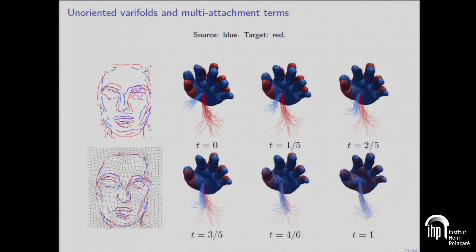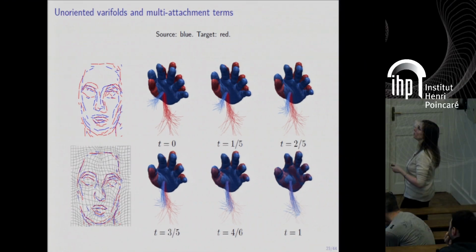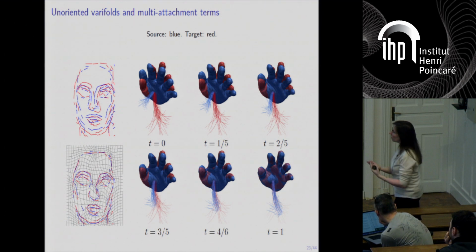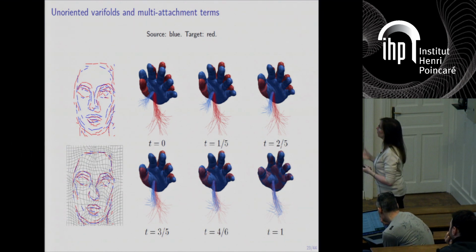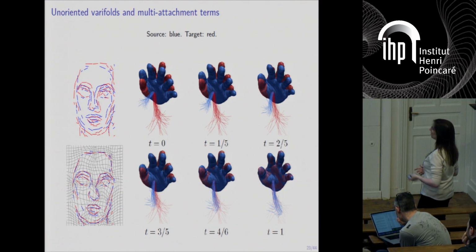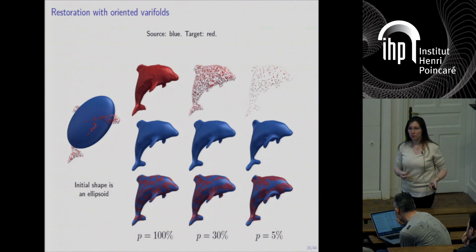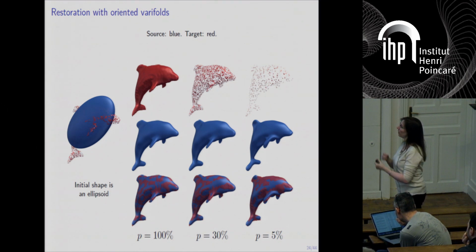So here you have another example to show you that you can manipulate in one deformation setting different types of data, so you have a surface and a curve. I talked to you about data compression. By playing with the mass of your distributions, you can apply it in the opposite direction